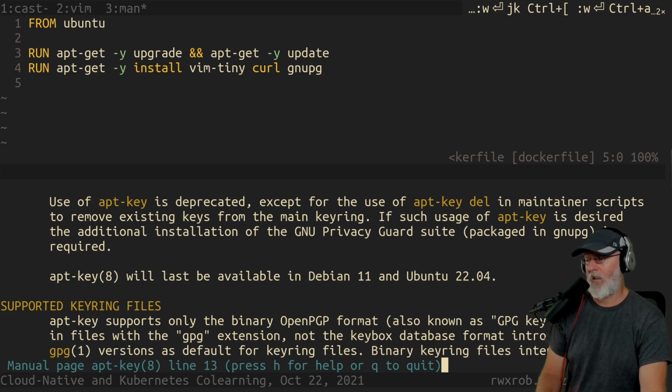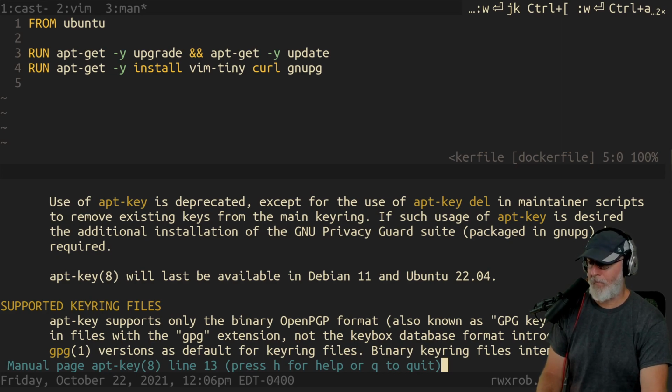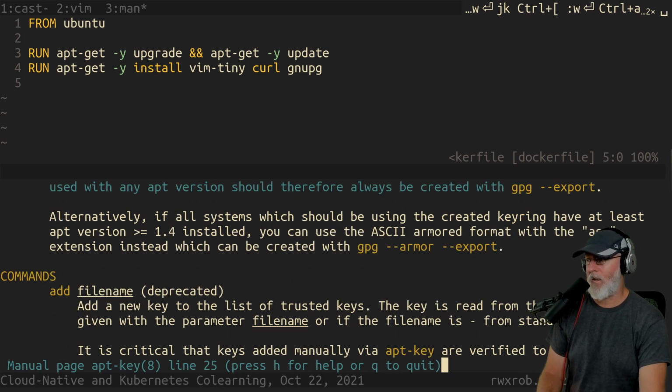Interesting. I wrote an entire Perl library that wrapped GPG because that was the only way to use any encryption at all when I made my own protocol. I made my own protocol at IBM, and it used GPG, believe it or not, to do all the header stuff. Binary keyring files intended to be